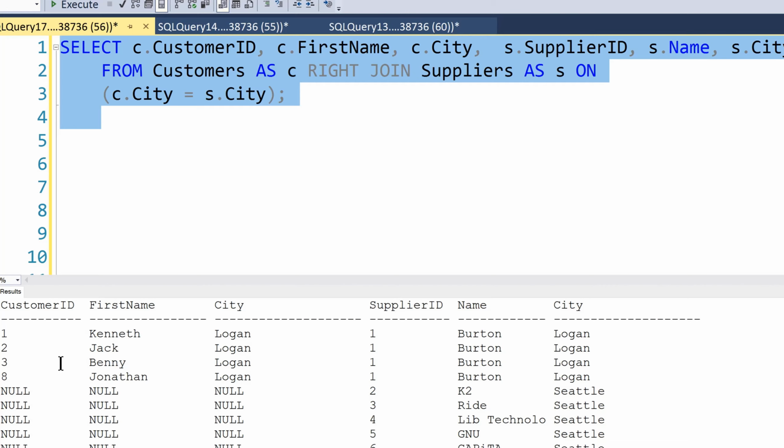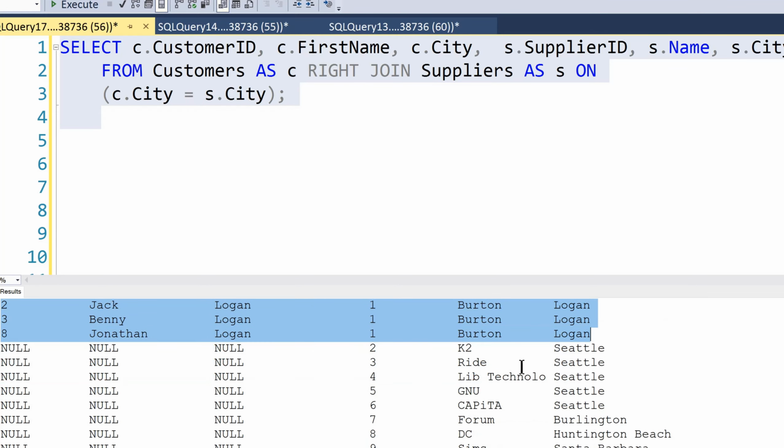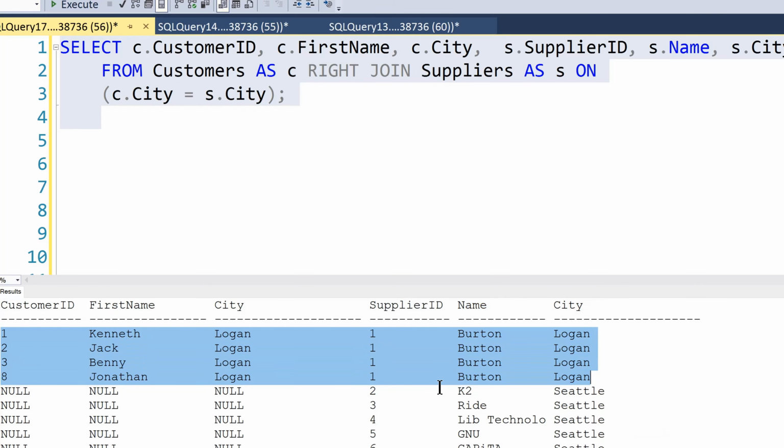And we see that we have values for customers on matching cities, which is Logan. However, when the cities don't match, say Seattle or Burlington or Huntington Beach, then we have nulls here on the left side. A student asked me once, how do I know when to do a right join versus a left join? And the answer is, if there are only two tables involved, as we have in this example, it doesn't